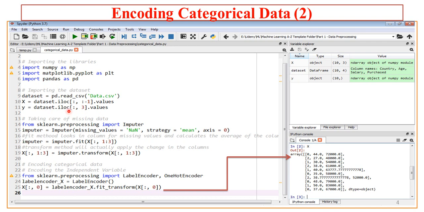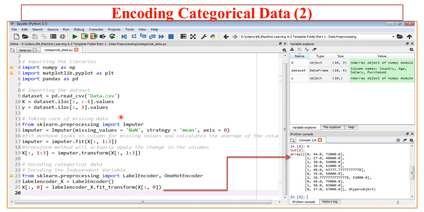So here if you observe that we are having X in which all the columns except the last one, and in Y we have all the rows and only the last column. So in our data set we are having 4 features, that is attributes, I may say.